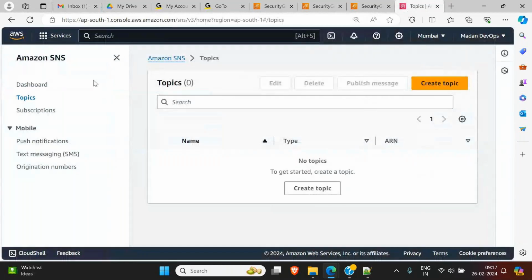In real time, normally we won't give a single email ID. We will give a group email ID. The group will contain 50, 60 members. So for all of them, there will be only one email ID. That email ID we will attach. So once you create a topic,